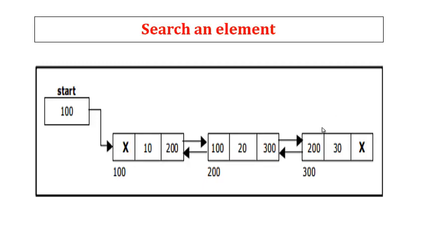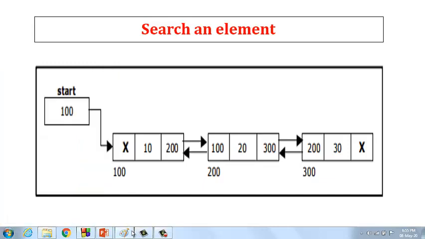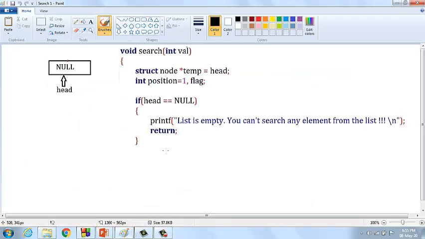Okay, if you search for 40, it is going to compare the first element, second element, third element, and so on, through all the elements present in the given linked list. If not found, it means your element is not found, and that is going to be printed to the users or programmers. Okay, have you understood? Here we are going to see the pictorial representation of how you find out whether a certain element is present in the given linked list or not.